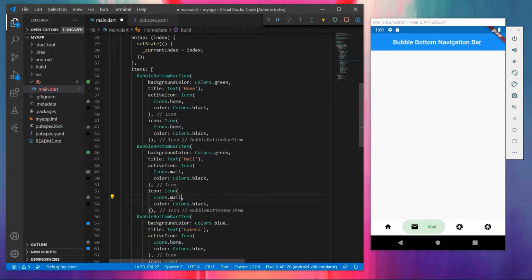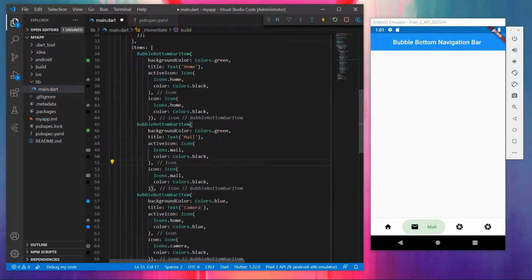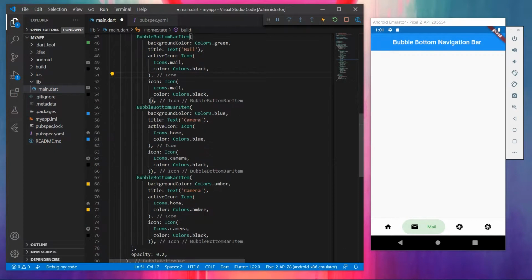Let me change this to mail too, and let me change the last one also. And change this to location activity. Let me just save. Now you could see